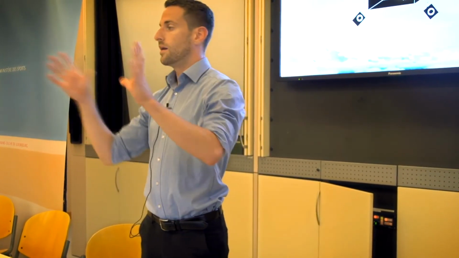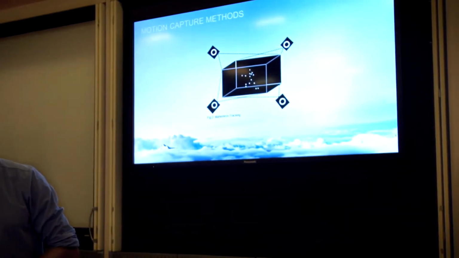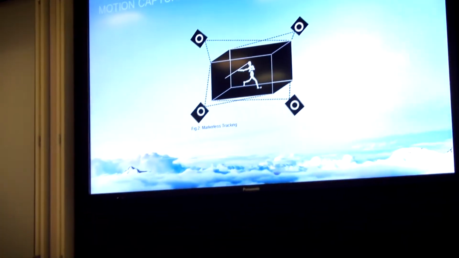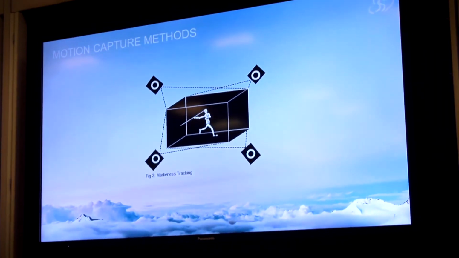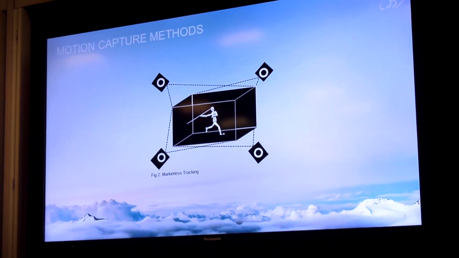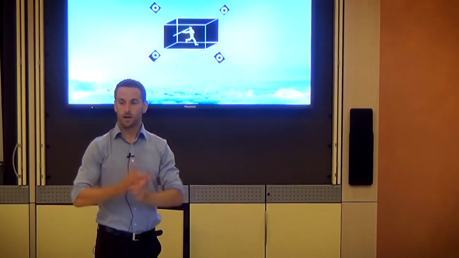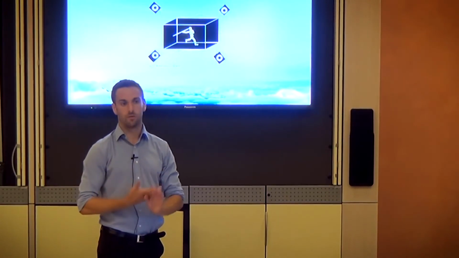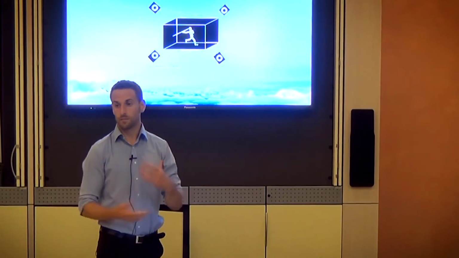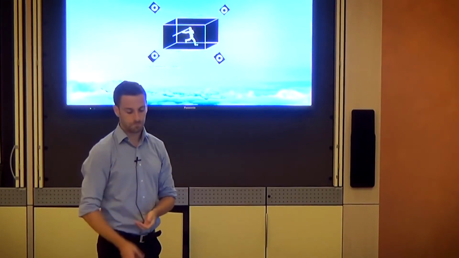And here is a little picture of how we're doing that. We place some specific cameras, four up to eight cameras, around the table or around the area where the player is moving. This was before with markers, and now we are using the silhouette of the body. We get out all the information about joint angles, joint velocities, joint accelerations, and so on, without putting any markers on and in very fast time. And how that looks at the end.